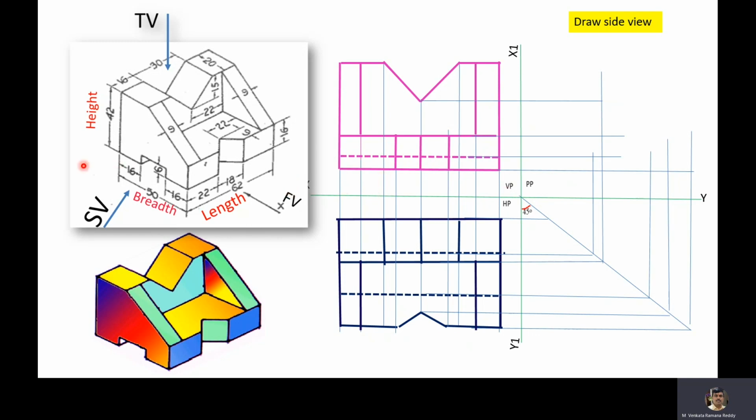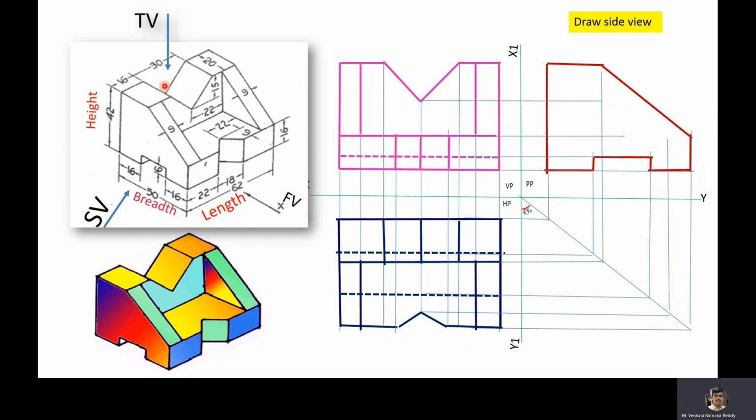Now we'll draw the side view. Here, while drawing the side view, see that this breadth comes nearer to the XY line and this height comes nearer to the X1, Y1 line. This is 16 mm, breadth 16 mm, height 6 mm, again breadth 18 mm, height 6 mm, breadth 16 mm and height 16 mm, and then here this breadth 20 mm and then this height 42 mm, and then join this point to this point with a slant line.